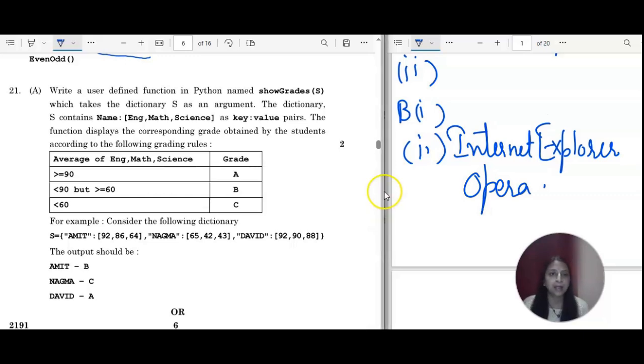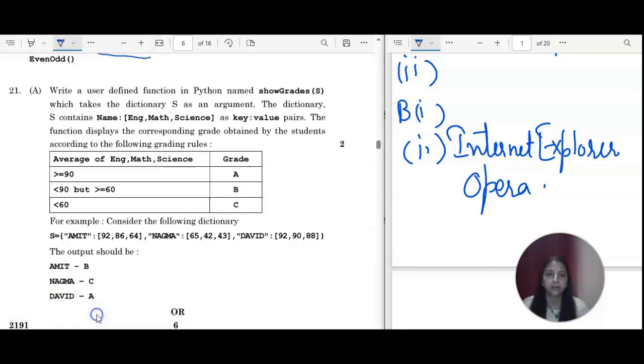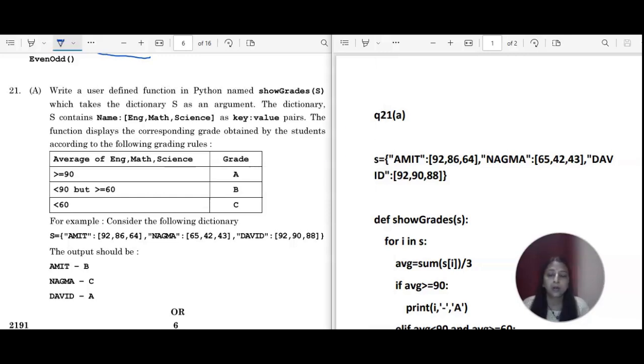Well, I have already written the code for this, so I'm going to open this one. Here it is. Okay, so we have the dictionary first. You could see we have S here. S is equal to whatever values are given in the question, the same I am taking here. It is S equal to Amit, and this is the list.